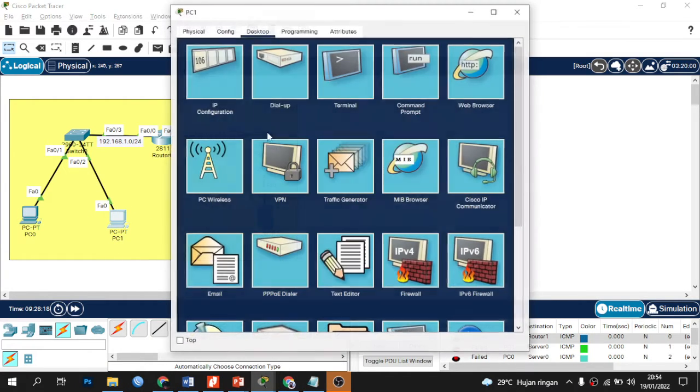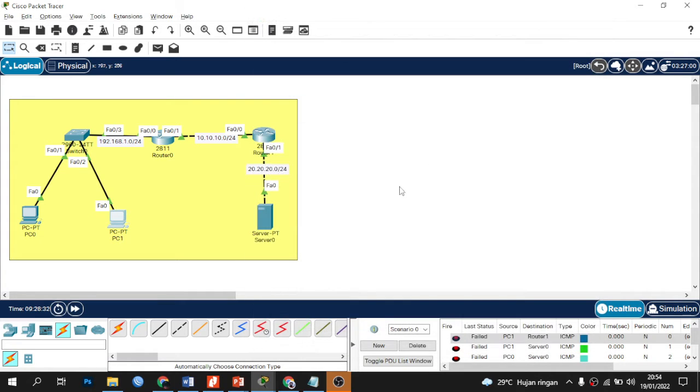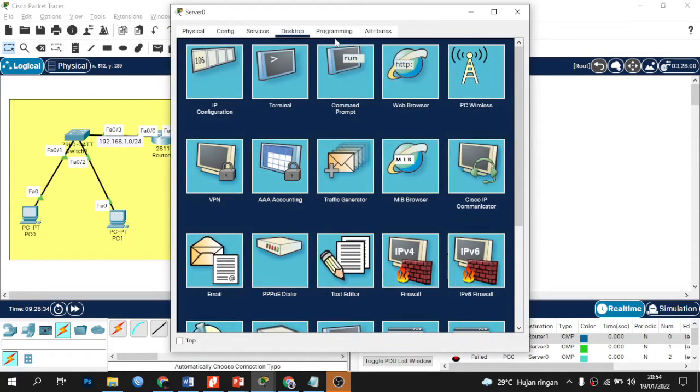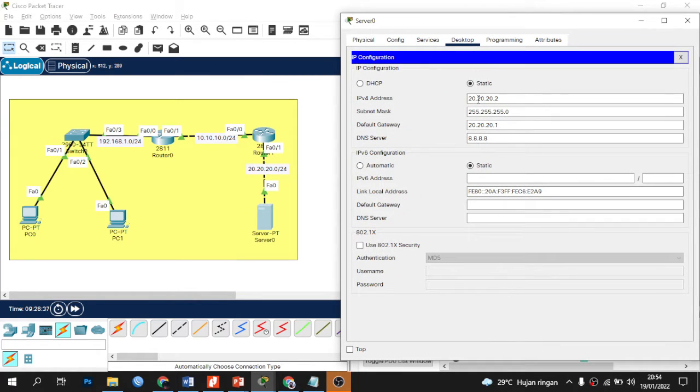On PC 1, I add IP 192.168.1.3. For the server, I add IP 20.20.20.2.